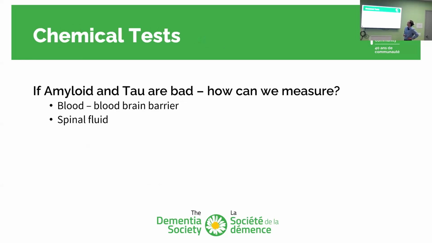No problem. If amyloid and tau are bad, how can we measure them? I already mentioned, I can't see into people's brains. I am fairly good at making a clinical diagnosis, I think, but not perfect. And there's no way for me to absolutely know. Unfortunately, the neurodegenerative diseases don't follow the medical school textbook. It'd be very nice to say, this is the profile of someone with Alzheimer's disease, but